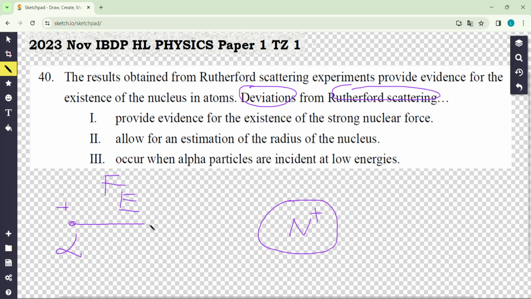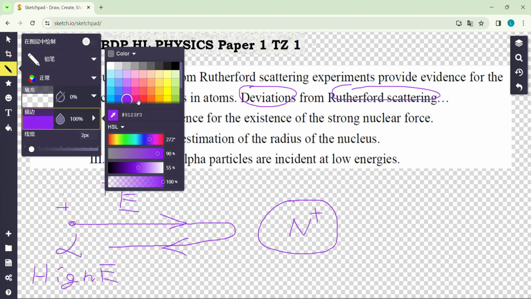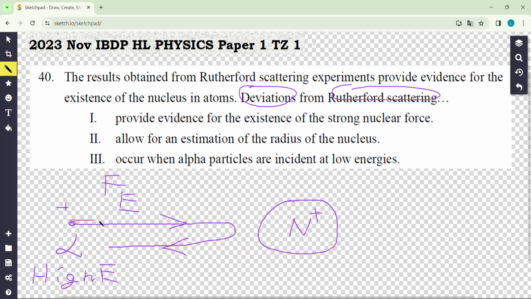So when the alpha particle has a head-on collision with the nucleus, it will be rebounded from the nucleus. It is the normal one. So where does the deviation come from? The deviation comes when the alpha particle has a high energy. And then this experimental result found out that the alpha particle, the high energy alpha particle, does not rebound